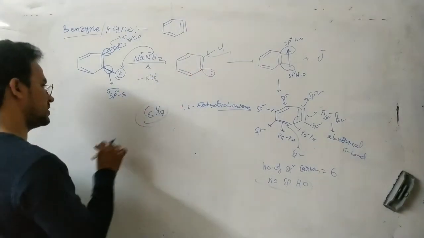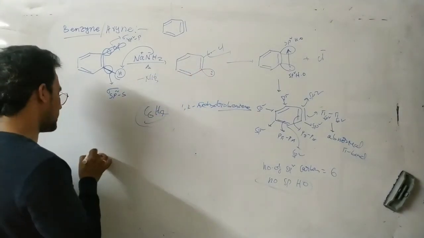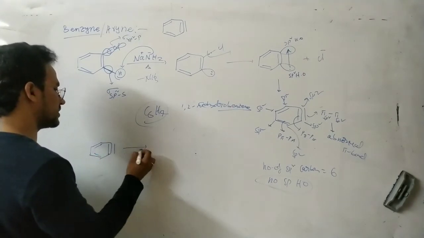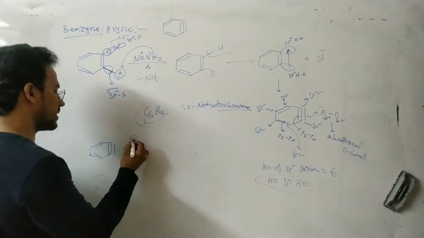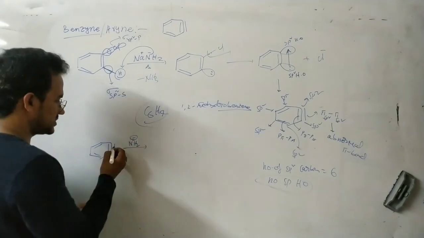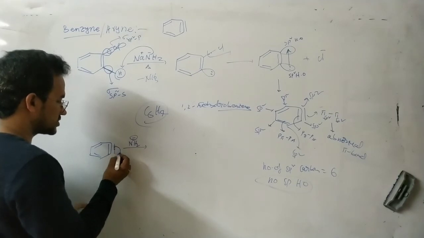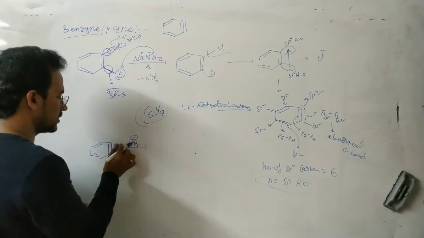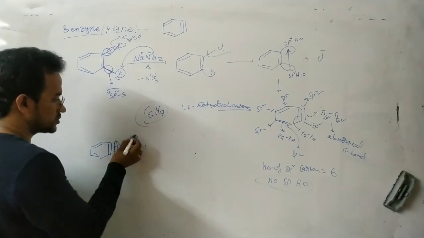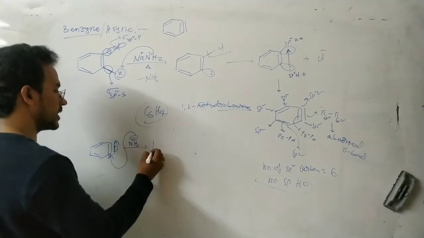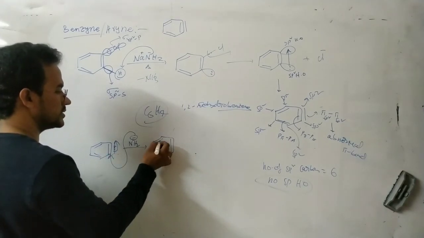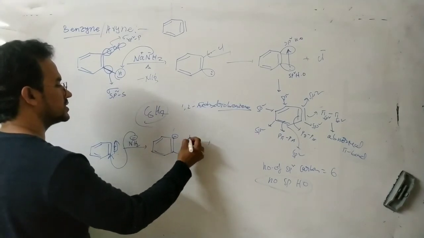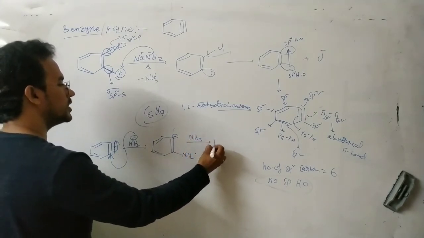Now, benzyne is a reaction intermediate. It is a very unstable reaction intermediate. In this case, it is readily attacked again by NH2 minus. You see, these pi electrons move to this carbon, so that carbon gains a negative charge, and the other carbon gains a positive charge. So this positive charged carbon is attacked by the NH2 minus. So this is the negative charge, and this is NH2.